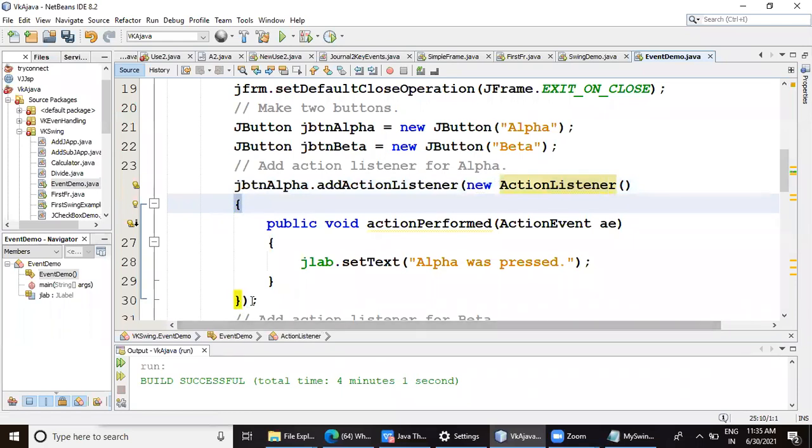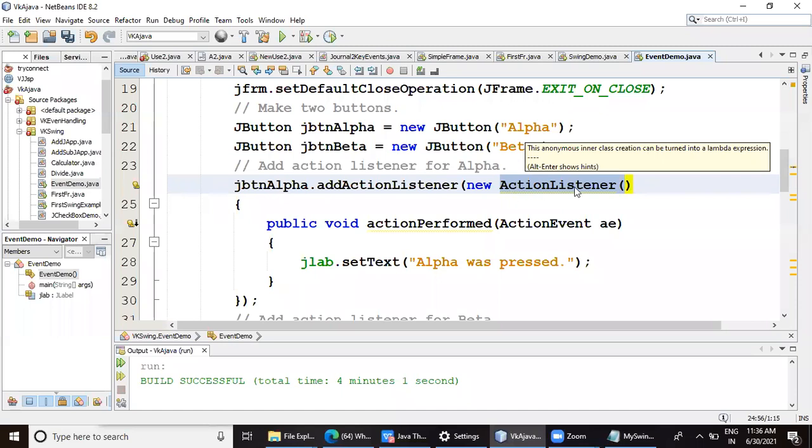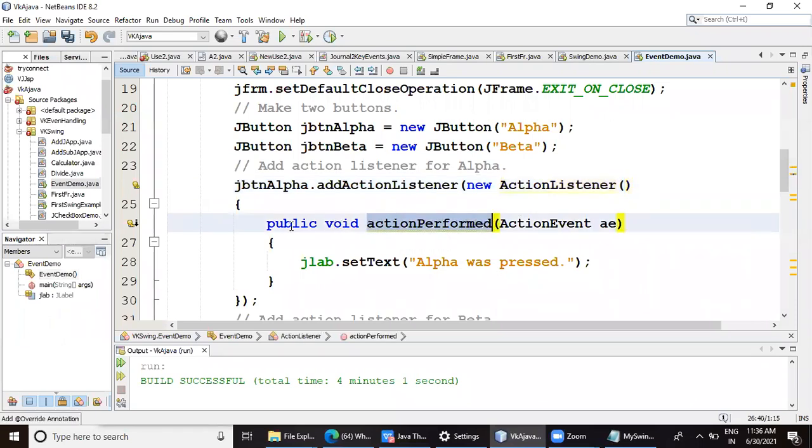See here, you can see we have closed the bracket and then we have created this round bracket of add action listener, and then we have given semicolon. So there is an anonymous inner class. What is the job of anonymous inner class? Anonymous inner class will inherit that particular class which is going to be instantiated here. It will inherit and it will try to override the methods which are defined in this class. So which method is defined in action listener? Action perform. So I have here overridden action perform method.